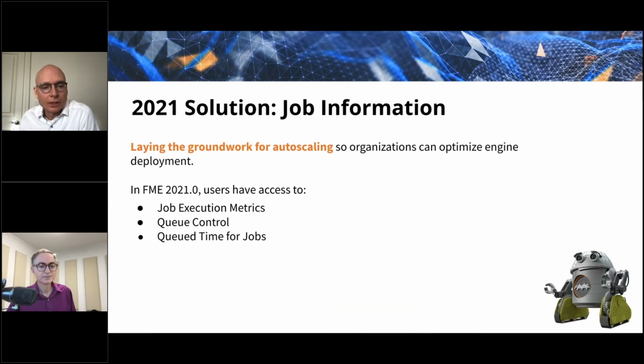Now you're going to see job execution metrics. In fact, if you go look at your workspaces on FME Server 2021, for every workspace you'll see how many times it was run, the average CPU time, the CPU density, which I call percent CPU, and the amount of memory it used. Every workspace has all these job metrics, and you'll also see them on schedules. In automations, if you had the same workspace being called more than once, you would see the statistics just for those different automations.